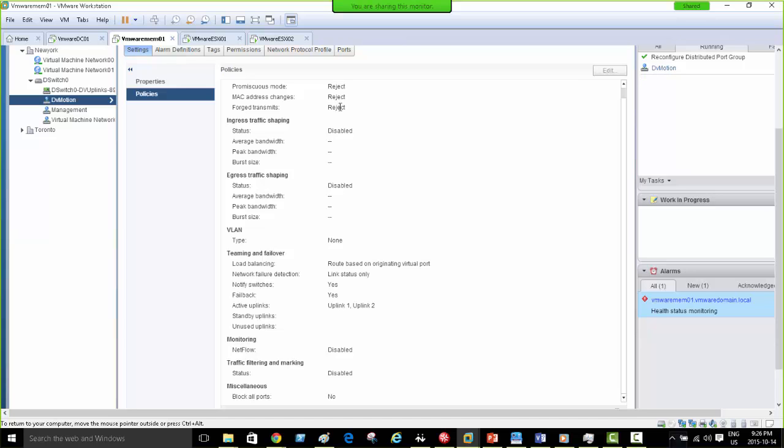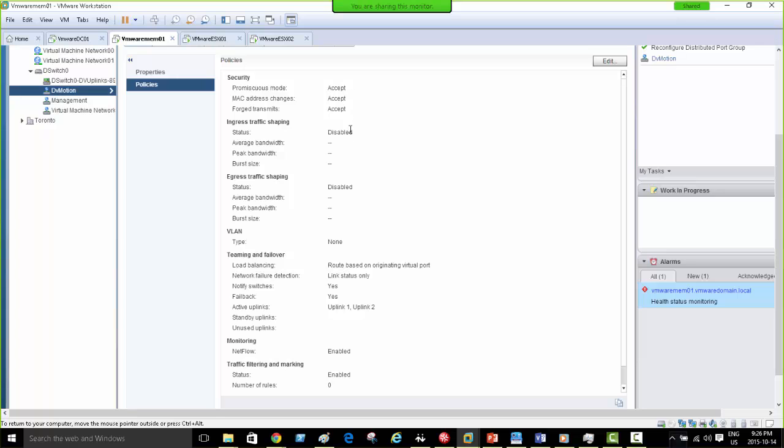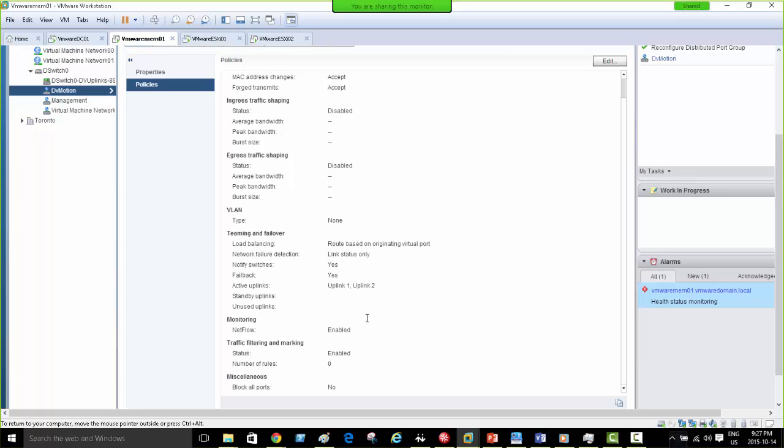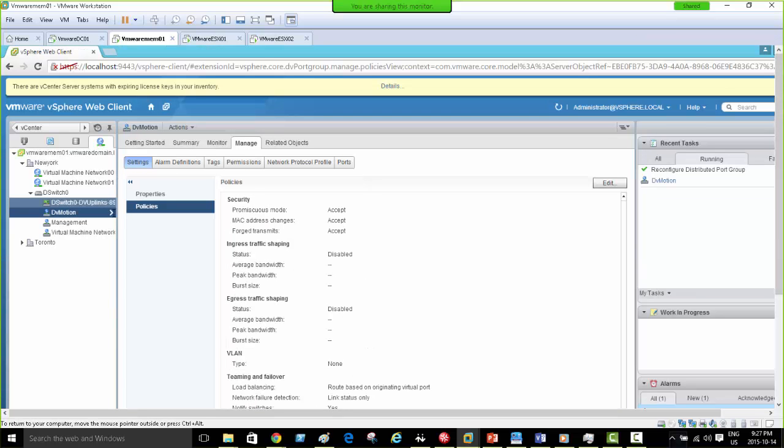So this is one port. I'm doing it on one port on the switch level. Okay, they're all accept. So promiscuous mode, whatever traffic is leaving this host can be captured by sniffers now, and also NetFlow is enabled, traffic filtering is enabled. So this is what I did on the distributed switch level, and if I go to the host level now,